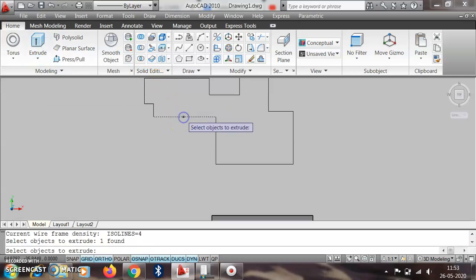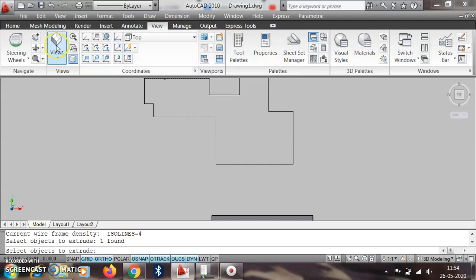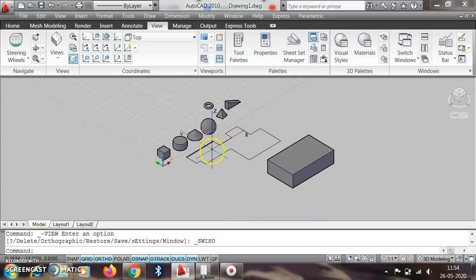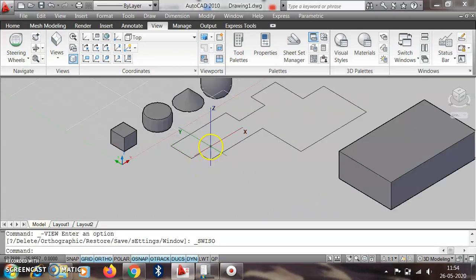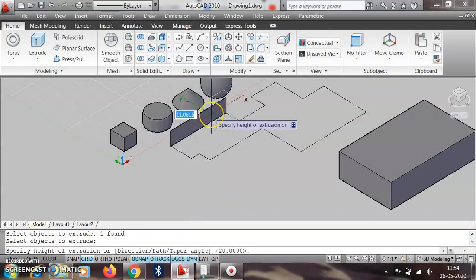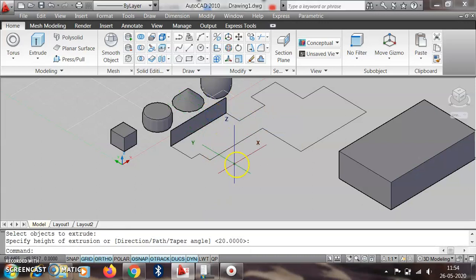Here in the line command, when we give the extrude command and select, what will happen? Just one object will be selected. If we take the isometric view and extrude, only one line gets extruded.